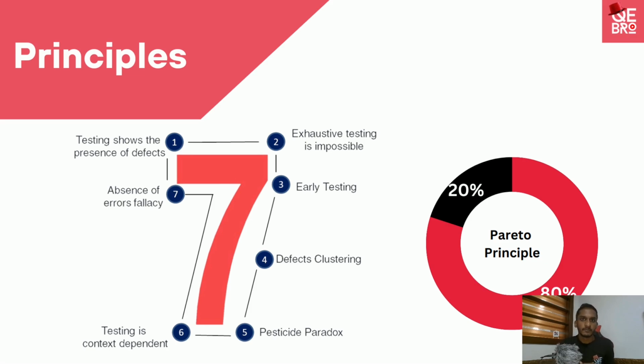Okay, next, the 6th principle, which is called testing is context dependent. We don't test an e-commerce application in the same way that we test a flight simulator application. It depends on the context, the tools we use, the technologies we use, the process, how the approach is taken. Everything depends on the context. We can't test a banking application in the same way that we test an SMS gateway. It depends on the domain as well. Domain specific things also need to be tested.